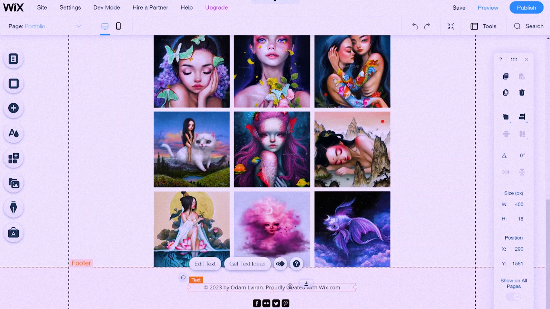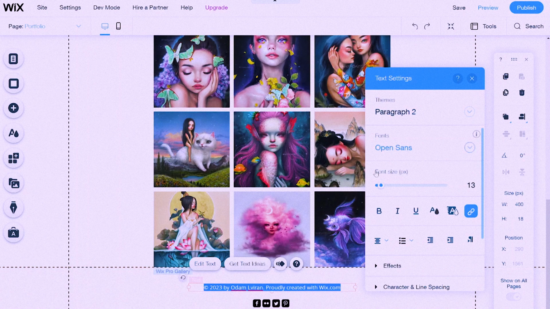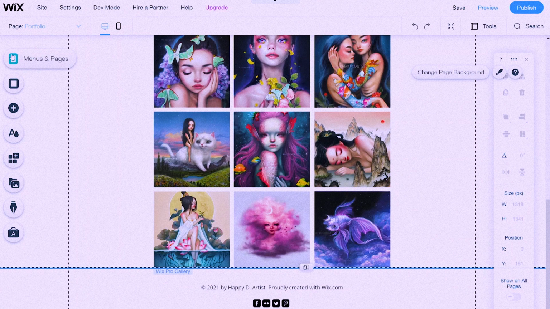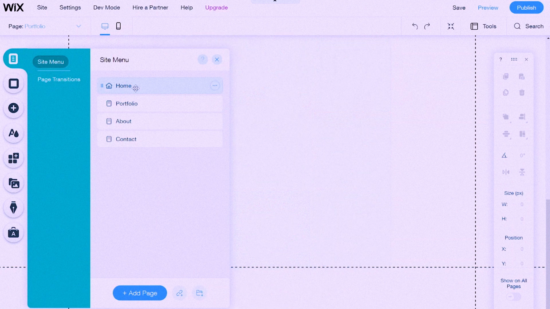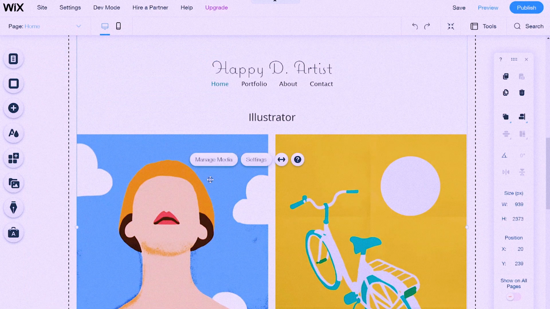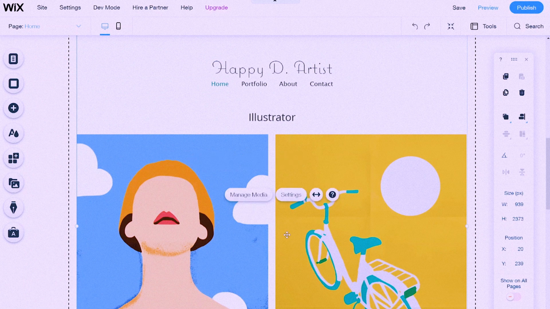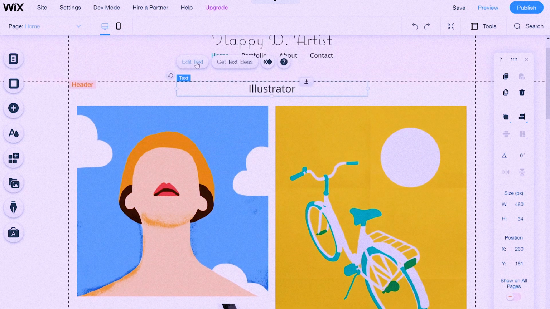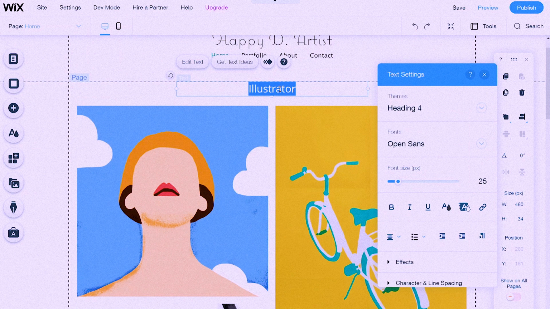Side note, I really wanted this tutorial to be a realistic portrayal of how my website creation process normally goes, so just be prepared to see me kind of randomly hopping around and fixing things or changing my mind and redoing stuff. For example, I am now going to hop back to my homepage and change it to be more of my style. So at first, I replaced this Illustrator text with Oil Painter because I'm mainly an oil painter.